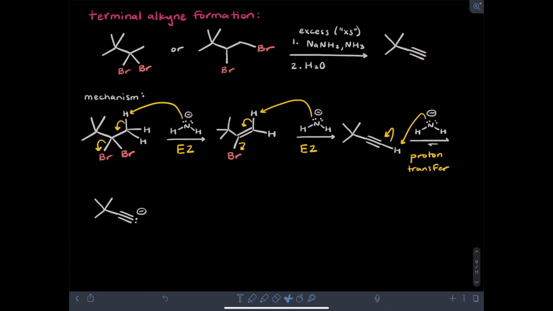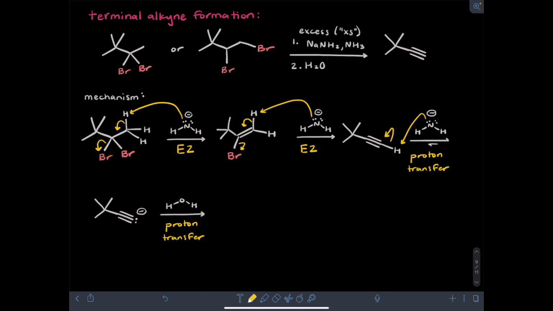After this proton transfer, you would form the conjugate base of your terminal alkyne, where the end carbon has a negative charge and a lone pair. This cannot be further deprotonated, and this molecule would sit around in this conjugate base state until you add water in step 2. The water is necessary to protonate your anionic carbon to generate the neutral terminal alkyne product that